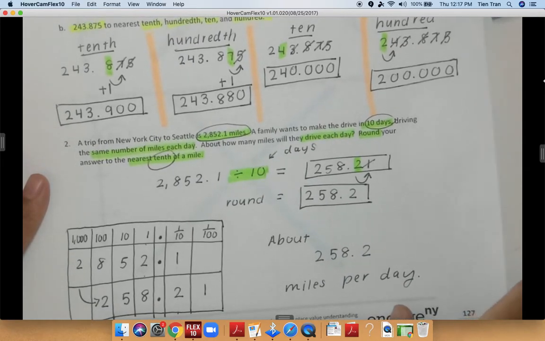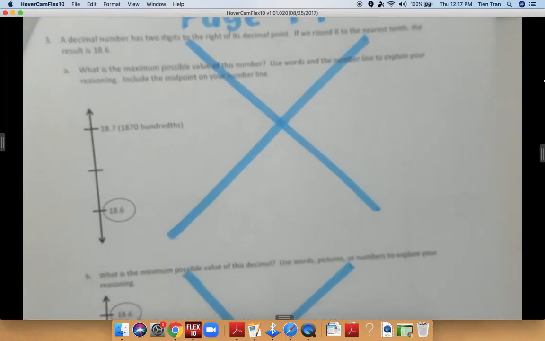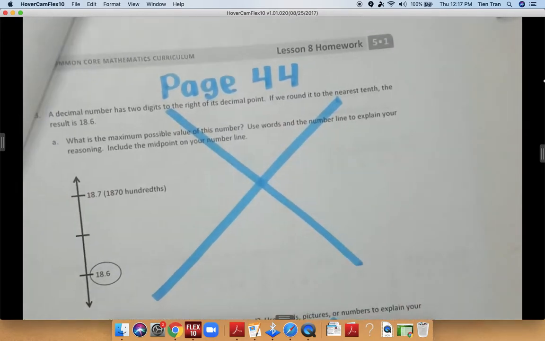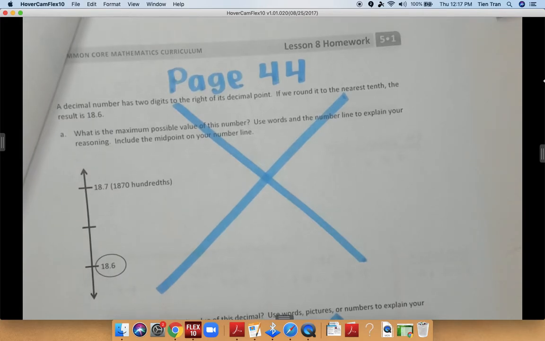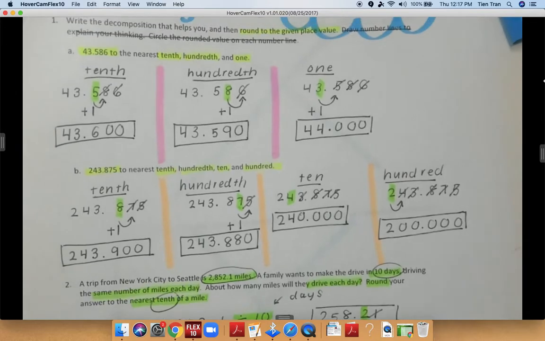And that is all for your homework today. I want you to cross off problems 3 and problems A and B on page 44, okay? We don't have to do that one because I don't think it's going to be relevant. So I want you to just focus on the rounding as of right now and getting used to rounding,